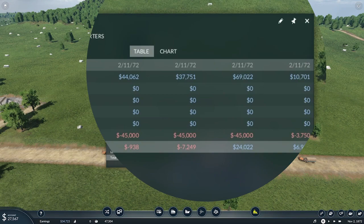Okay, so now we can see how big of a profit jump we get for making those few changes. So we were able to add 2 lines this episode, pay off some loan, and with that,